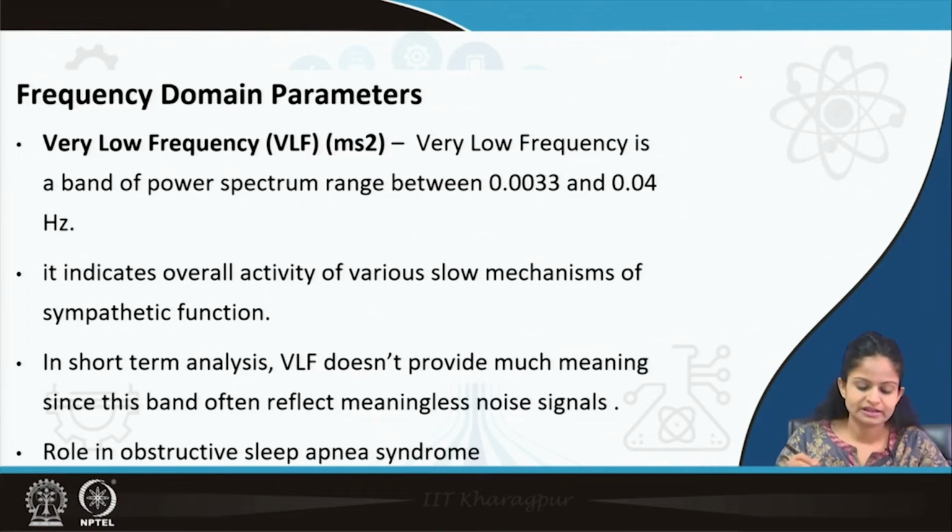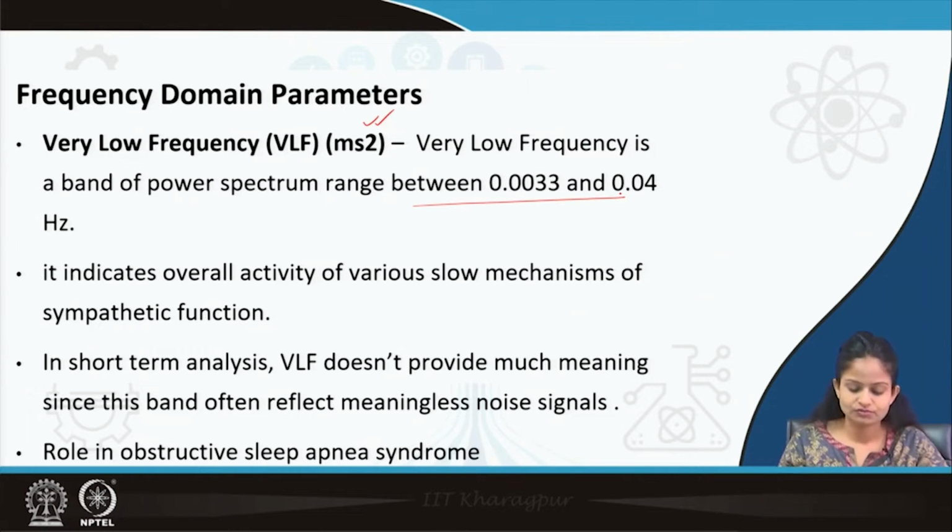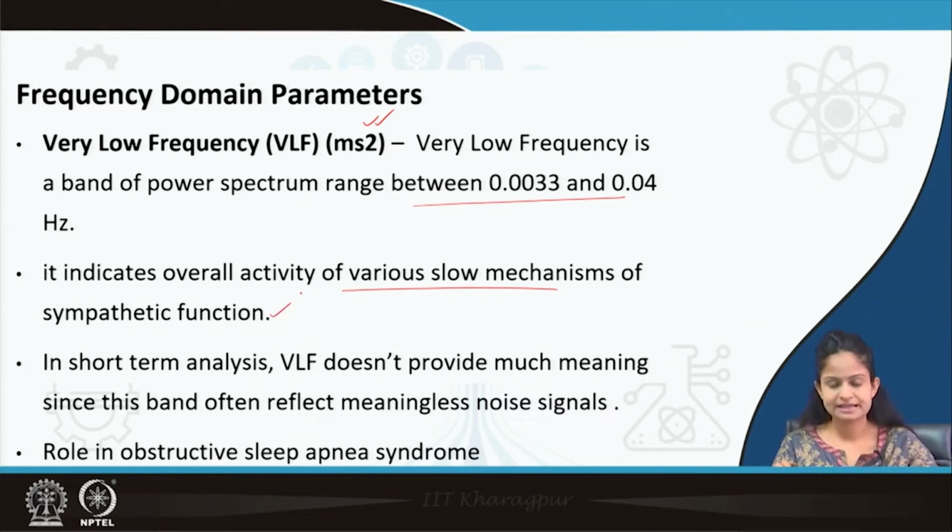Next, coming to the very low frequency. The very low frequency is a band of the power spectrum which lies between 0.003 to 0.04 hertz. It indicates overall activity of various slow mechanisms of sympathetic functions, and as I described in the previous lecture, it is of very little importance. This very low frequency does not provide much meaning, it often reflects meaningless noise signals, but it has got a role